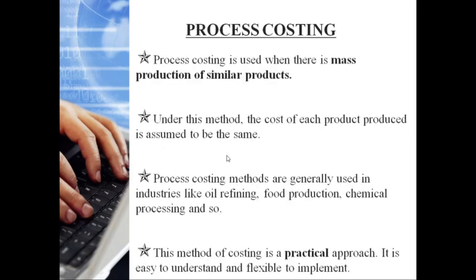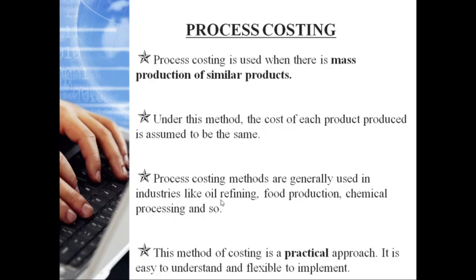The last method of costing is process costing. Process costing is used when an organization is involved in mass production of similar products. So this method is of practical approach and it is very easy to understand and flexible to implement. An example for adopting process costing method, it is generally adopted in industries like oil refining, food production, or chemical